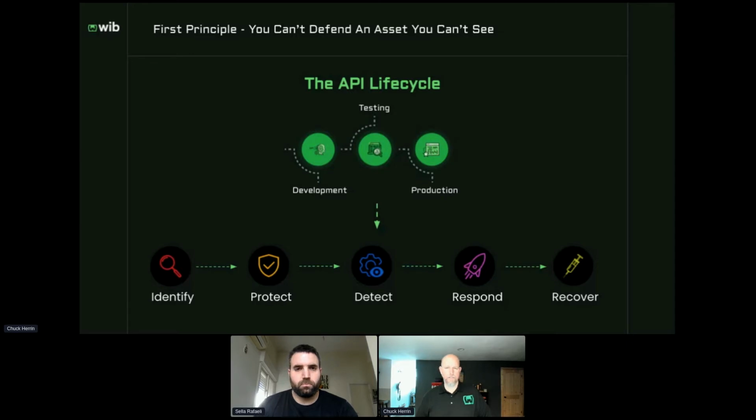We'll come back around. And we're really going to be talking about concepts that aren't new, but the application of these concepts with threat modeling and determining a behavioral baseline for API traffic. That space is pretty new. API security as a whole is pretty new, and as we've all seen, a lot of defenders are challenged to keep up. So the first principle to start with is that you can't defend an asset you can't see.